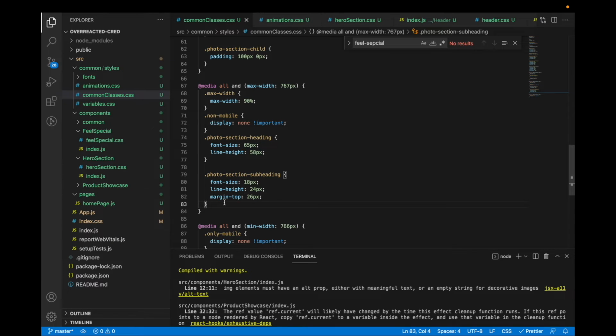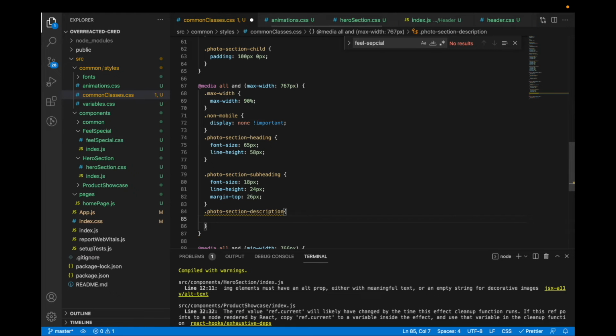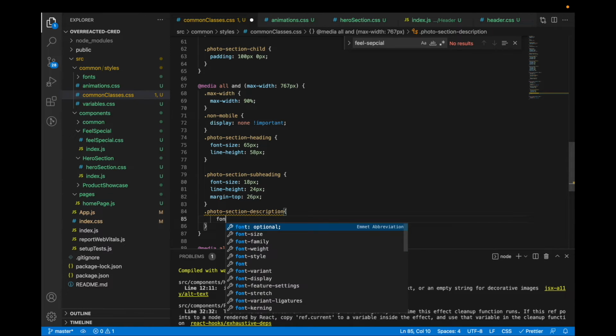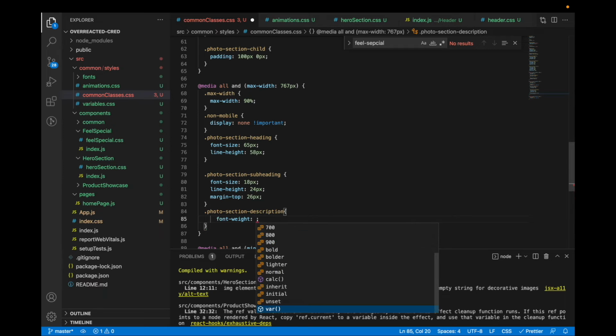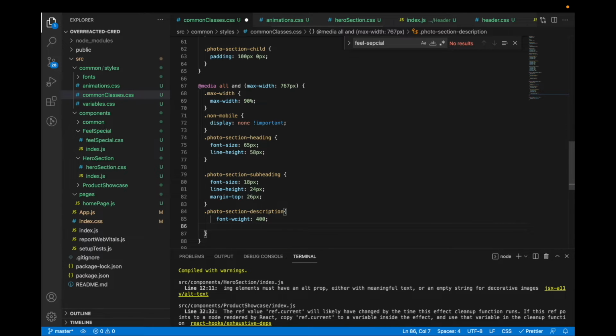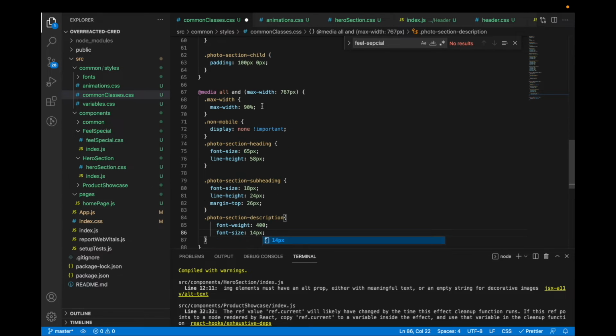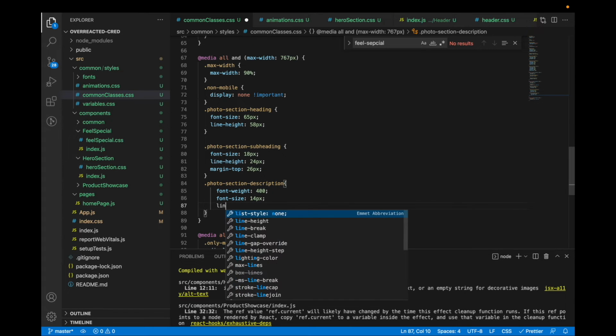And we just have to reduce the size of description here. So for description, I'll say font weight to be of regular instead of bold. So it will be 400. And I'll say font size of 14 pixel instead of 18 pixel, which we declared here. So font size of 14 pixel, line height of 20 pixel,